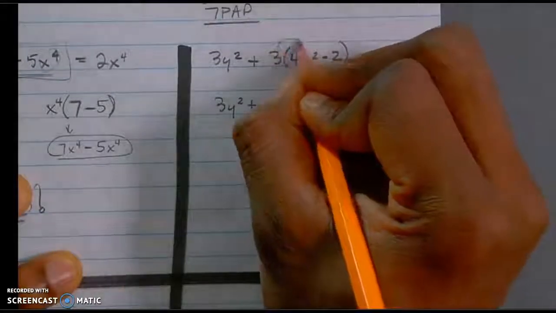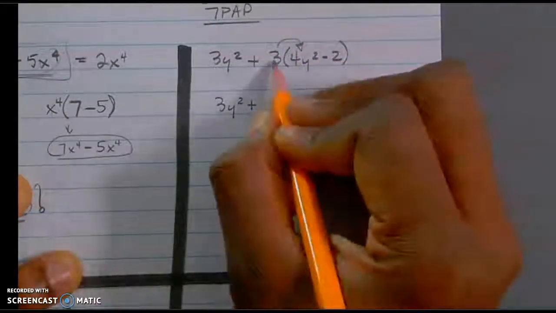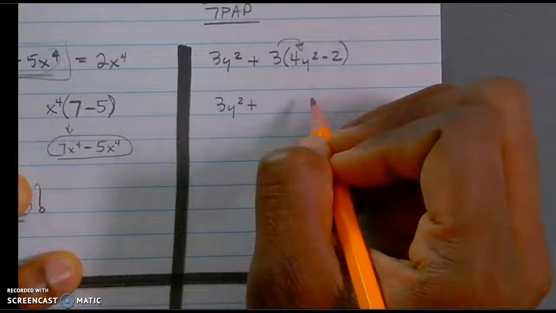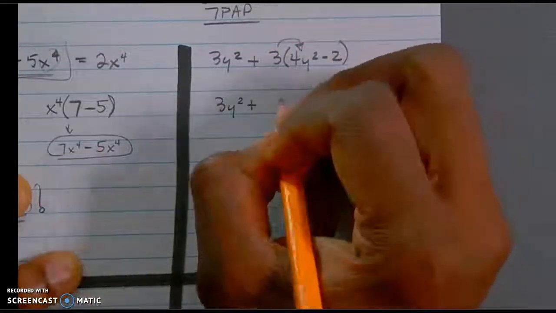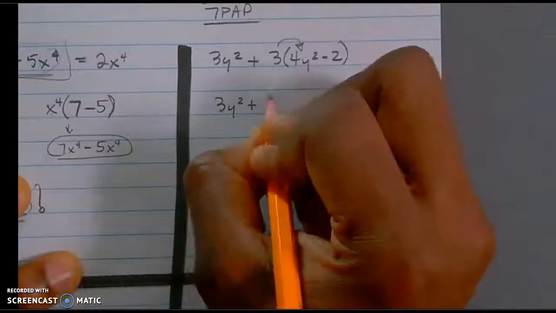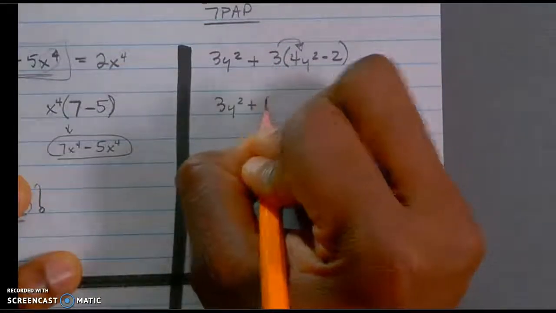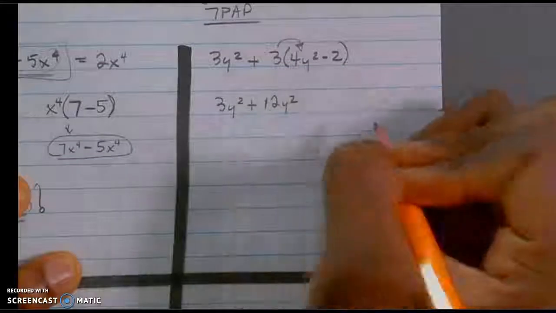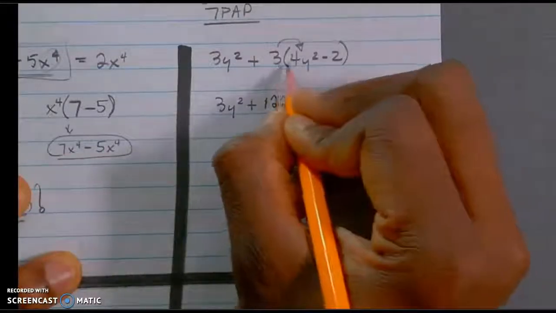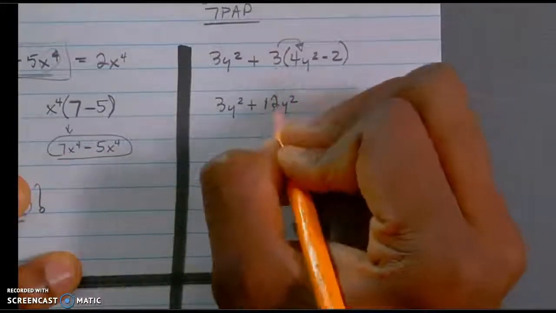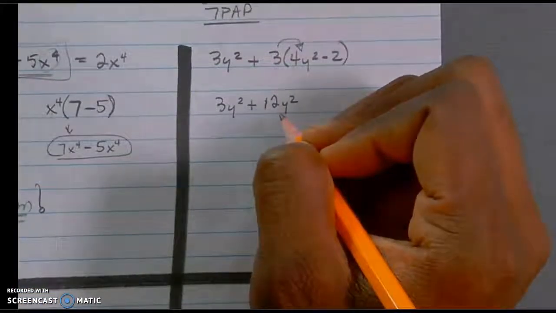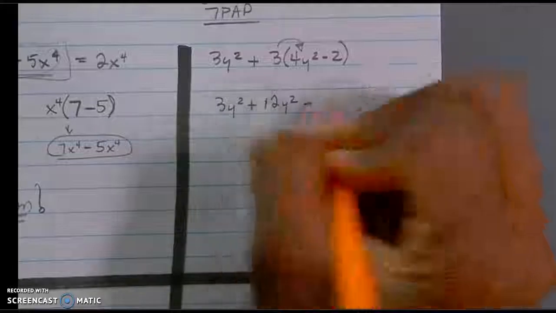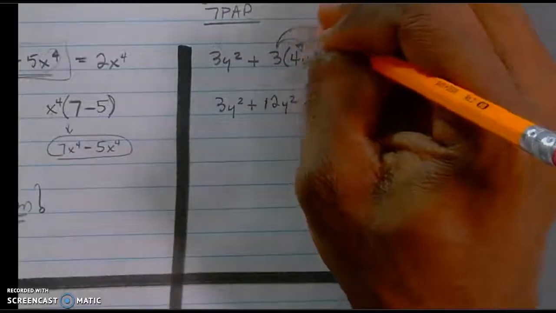I'm going to distribute, meaning multiply, 3 times 4y squared, okay? I'm going to distribute that. That becomes 12y squared, okay? Because I'm simply multiplying these two numbers and carrying my variable with it. The variable is going to be y squared minus, and if I distribute to each of the terms, and when I say term,